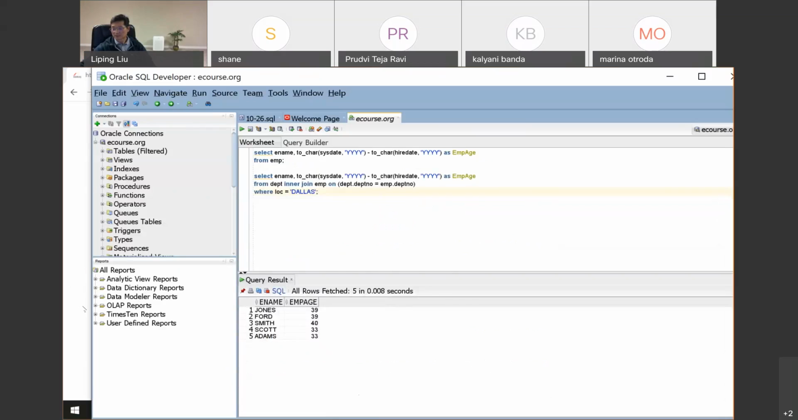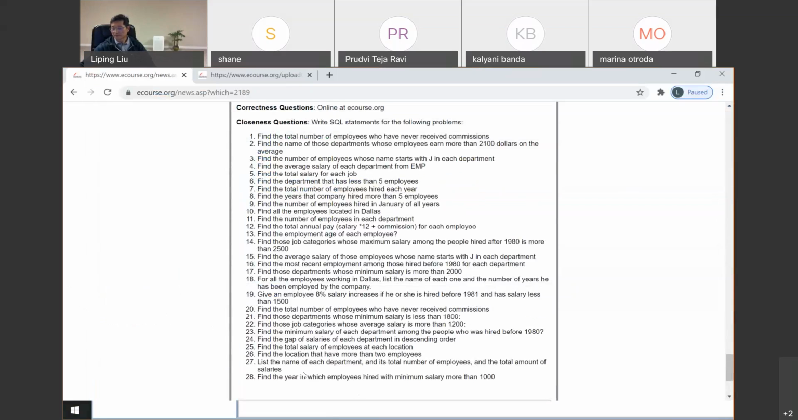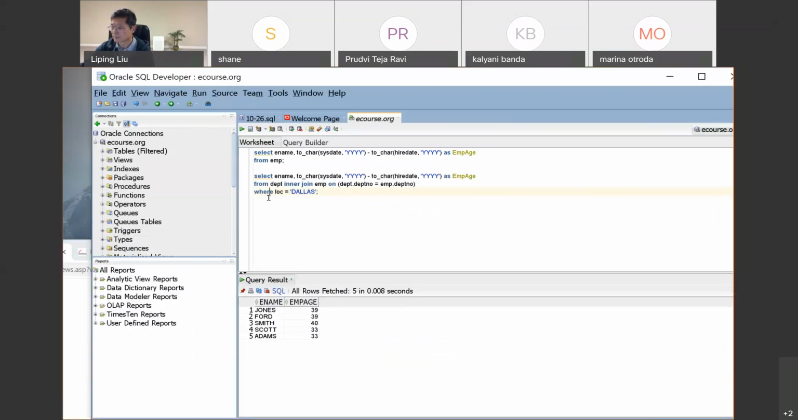Professor, I have a doubt on question number 27. 27 is the name of each department, and there is a total number of employees and the total amount of salaries. Okay, so here, name of each department, so you need to group by department, right? Because you are doing total salary, total number, and also total amount. So you are going to select the name and then count employee number, okay? And then sum of salaries